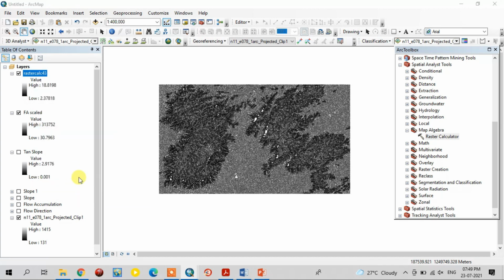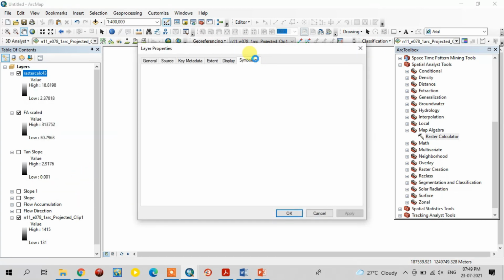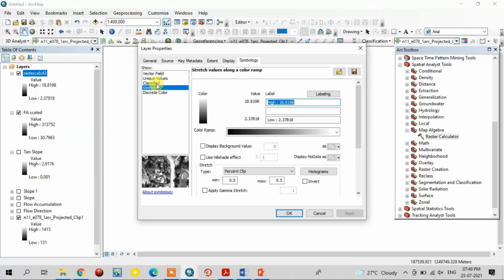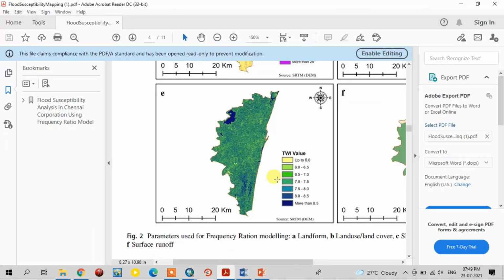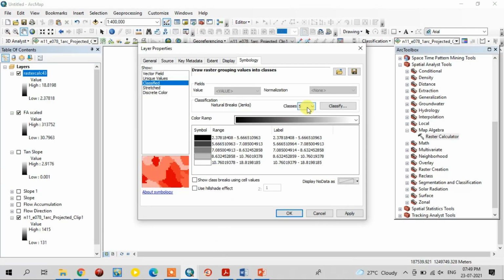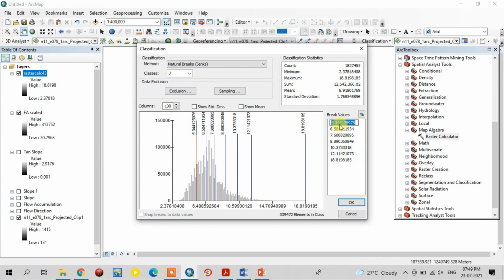Go to the properties of the final output and change the symbology, classification option. See, in our paper there are 7 classes in total. So I am selecting 7 classes and clicking classify. The first class is up to 6.